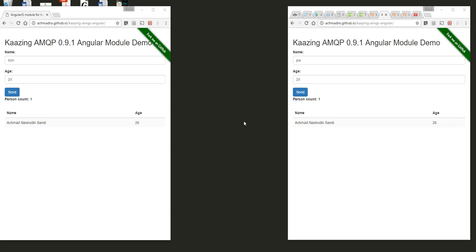All right, so I want to show you one very quick demo of a website that uses WebSockets. It's just this simple little application where you can type in a name and an age and click send, and that actually sends out a message. It's like a little messaging app. It sends out a message to a server that then forwards that message on to any other clients that are connected. And the message that you send will actually be displayed in the other client's area down here where it's